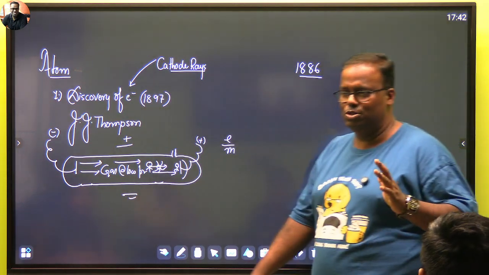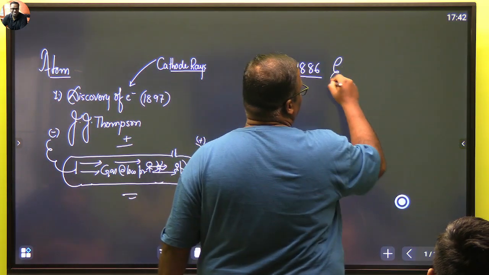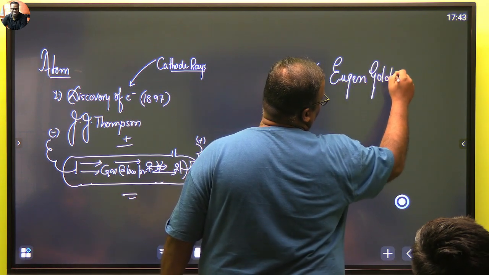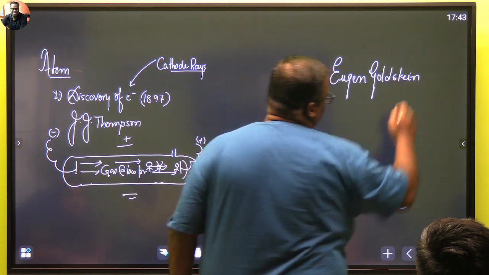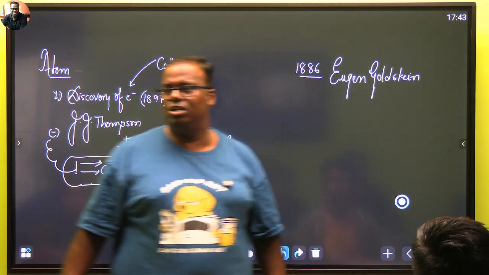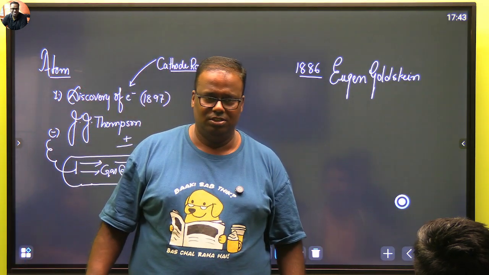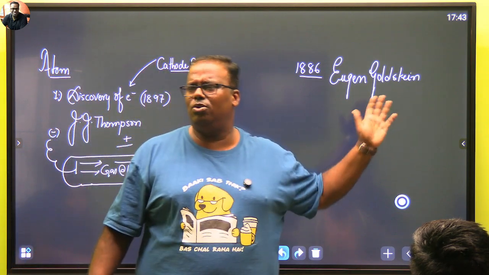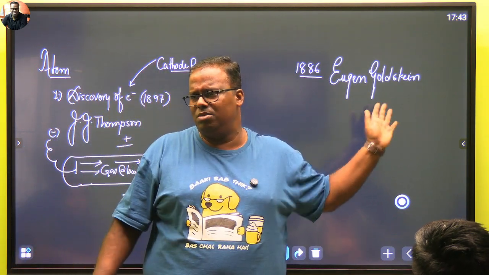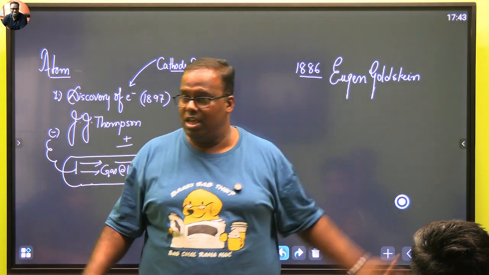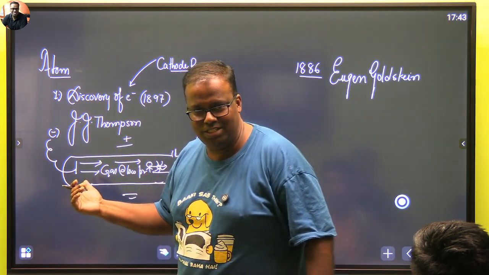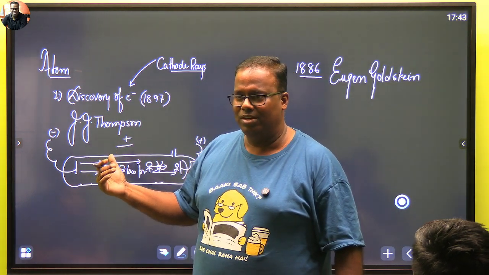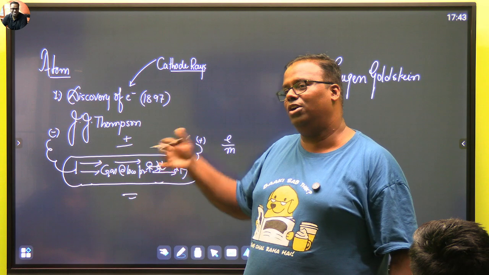But nobody knew it was proton. There was a German guy and his name was Eugen Goldstein. Eugen Goldstein was nowhere interested in all these cathode rays and all. He was doing work on television purposes. He also had a ray tube, and he had documented anode rays at that time, just that he did not give the name as anode, he just gave it anode rays and all. Ye bhai sahab, after finding cathode rays, got an interest that there should be something called anode rays also. Right? But anode rays ki kahani aur interesting hai.